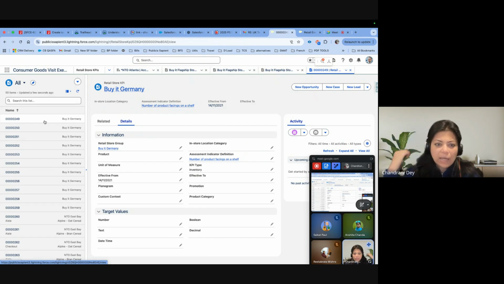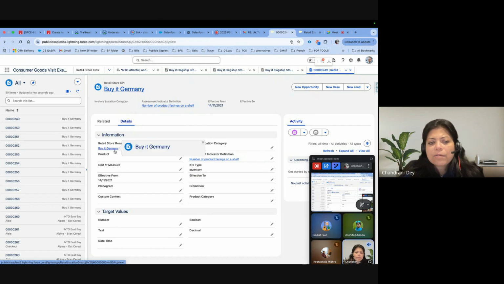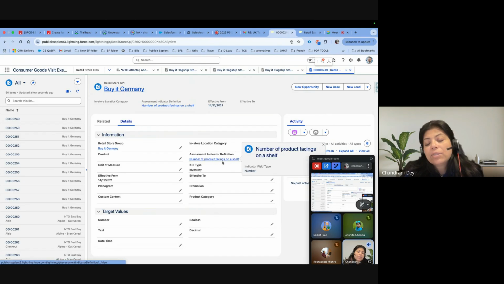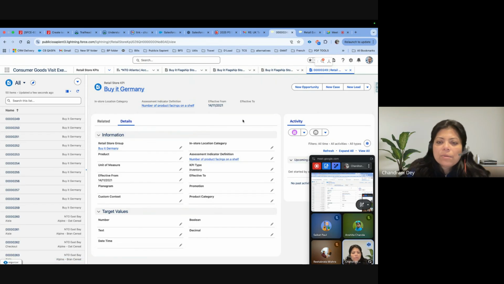So again, Buy It flagship has a particular KPI where the retail store group is called Buy It, and your assessment indicator definition, again, this is part of the data model itself, but it comes later. So if you go to the KPIs, there are a lot of things.